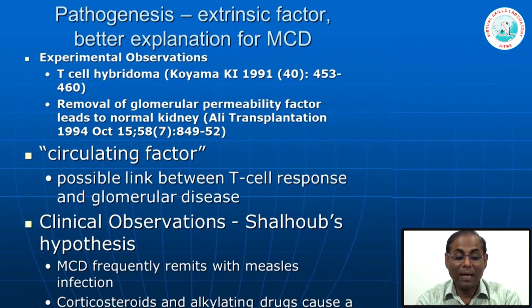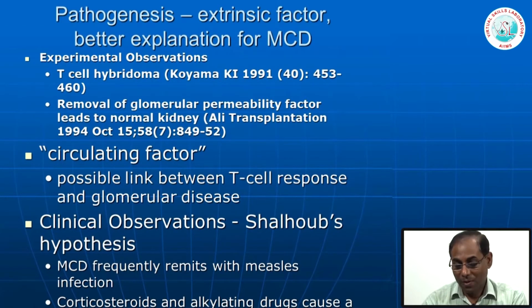So, that is why a huge group of authors or investigators initially thought that probably this circulating factor has a link with the T cell response and the glomerular disease. But then there are certain clinical observations based on hypothesis, like Shalhoub's hypothesis that MCD frequently remits with measles infection. It is seen in children, we do not know how it happens, and corticosteroid and alkylating drugs cause